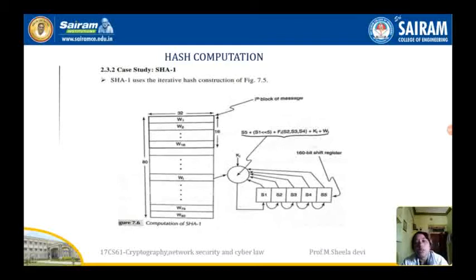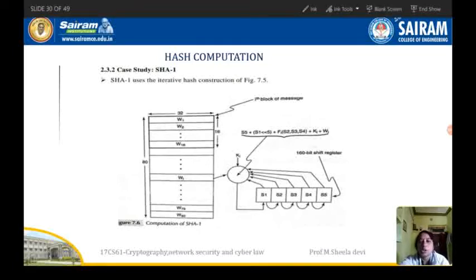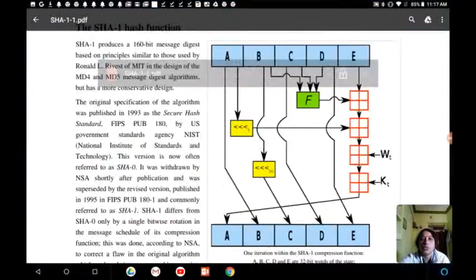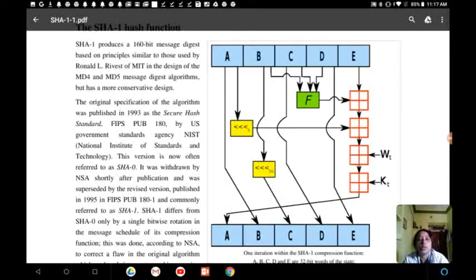So what is the formula and how can we generate the message digest which is of fixed size? Now we'll see. Before going into it, I want to show a paper which will give you a clear picture. See, A, B, C, D, E are nothing but the shift registers in which initially we will give some values.